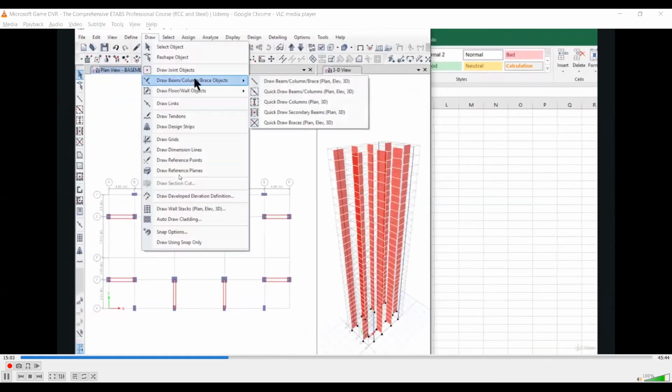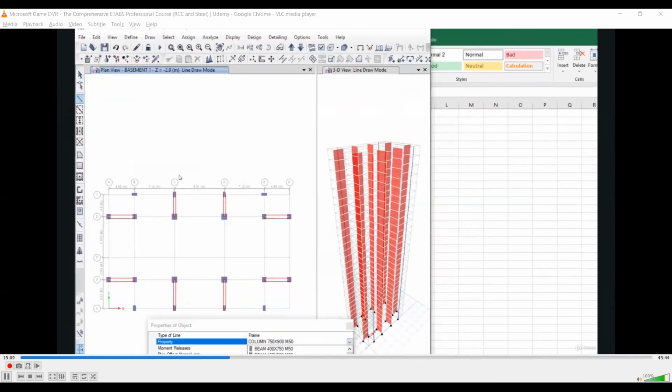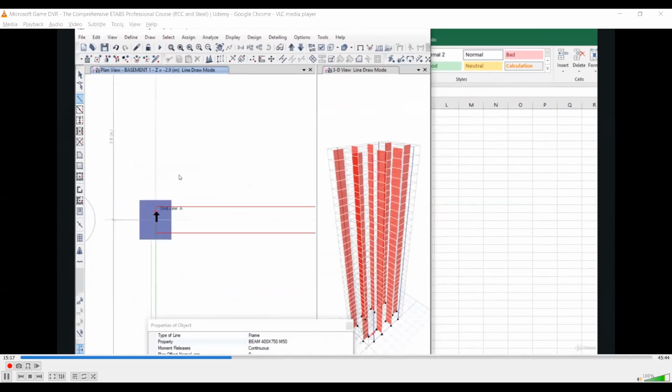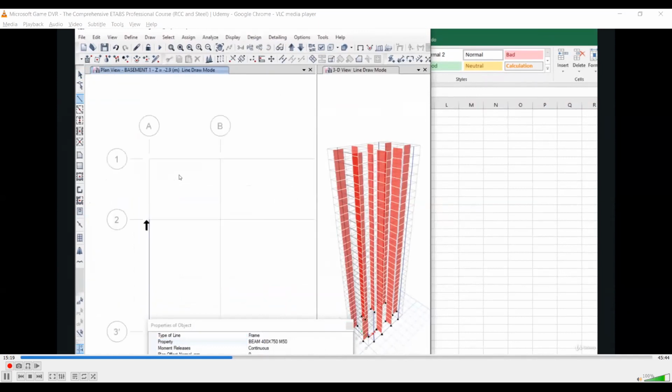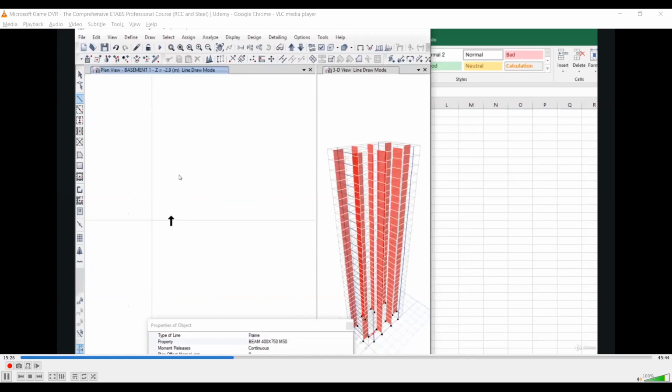So we select draw, beam column brace. First of all, we will model the peripheral beams of size 400 into 750. Left click on grid point A3 and then on grid point A2. We'll notice that this beam is now drawn from basement to terrace level.